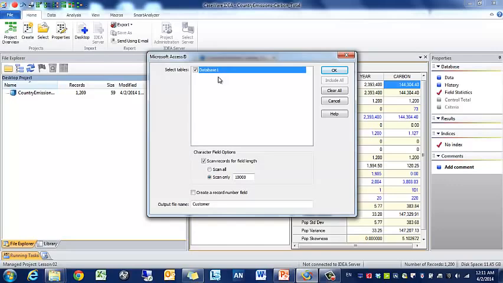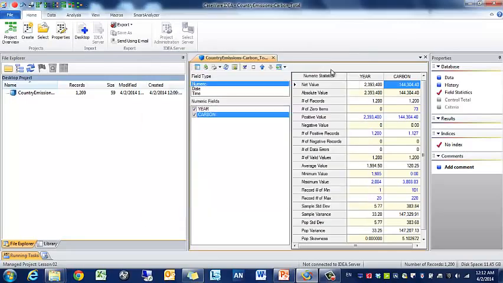And then it asks you which table. So in an Access database, you could have many tables. So in this case, we only have one. So it's going to be a very simple check. So you can either use scan all or scan a certain number of records. So in this case, I'm going to use scan all because I know that there's only a few number of records. You may want to use scan only, and this helps improve performance, but where possible, I recommend using scan all. So in this case, you're going to create an output file. We're going to call it customer, and we're just going to go with that default format. So we're going to press OK,